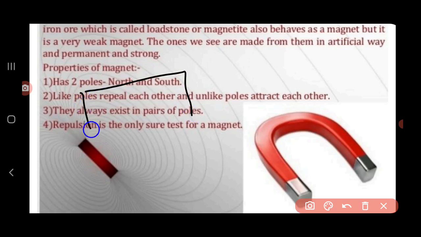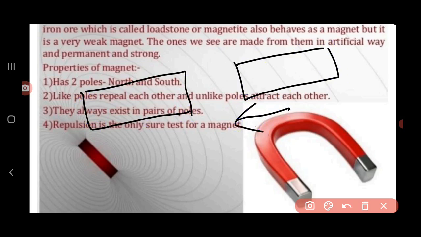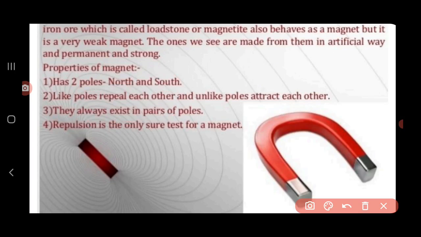We also know that there is attraction between the magnet and magnetic substance. So, attraction is taking place between the opposite poles of the magnet as well as between the magnet and magnetic substance. So, by attraction, we cannot judge that both of the bodies or both of the objects are magnets. That can be done by the repulsion only.